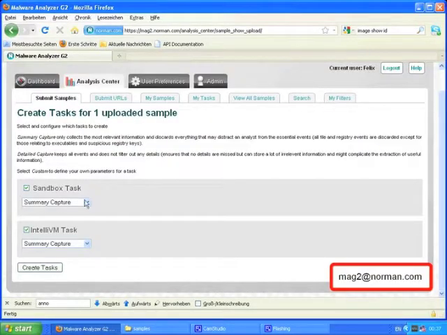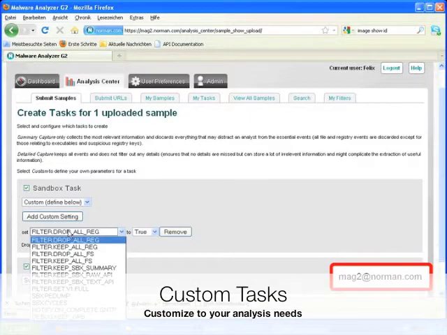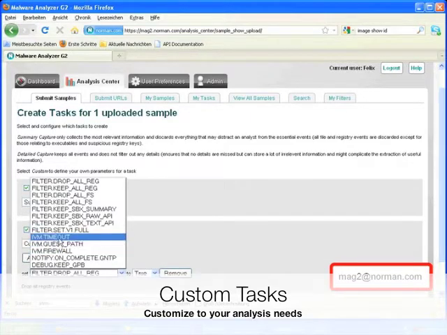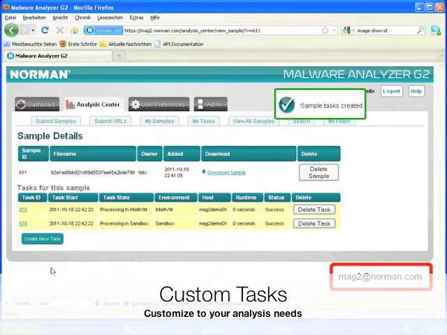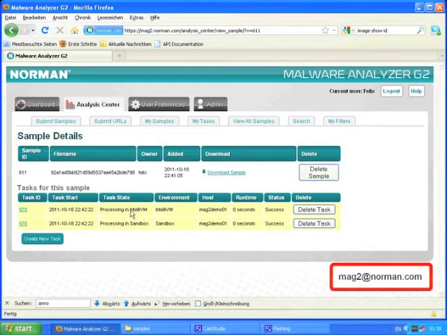So by default, we create a summary capture showing the most important information. If you want to change this, you can also choose detailed capture, then you see every event, or you can even customize specific options, like for example, the memory dump. Also, you can change the timeout. Okay, now we create the tasks. Now you can see everything is processed in different environments in the sandbox, and you can see something that's processed